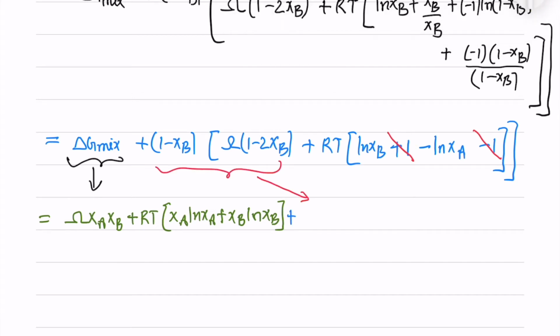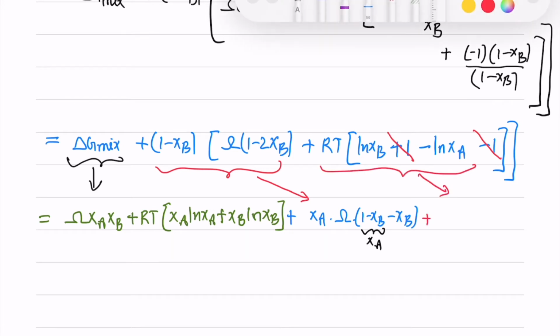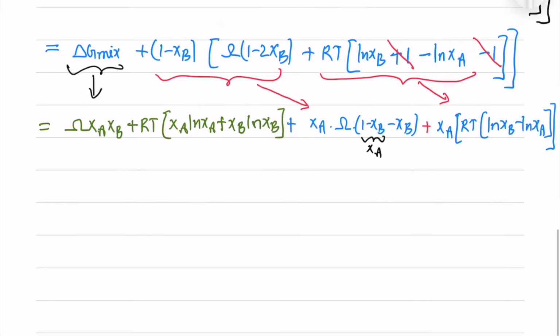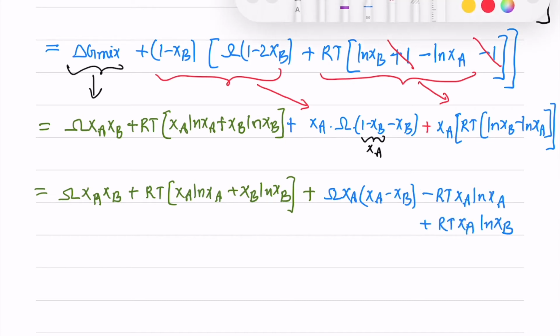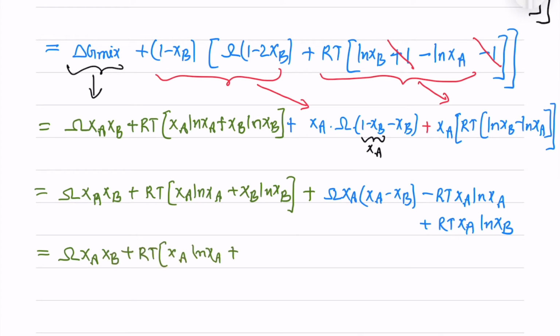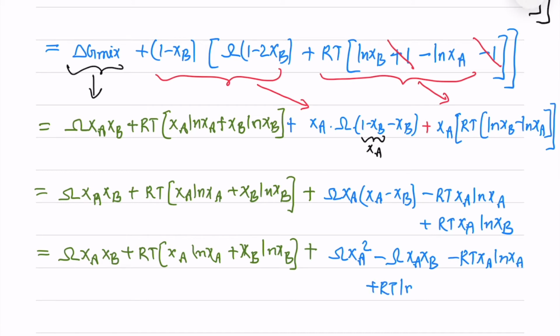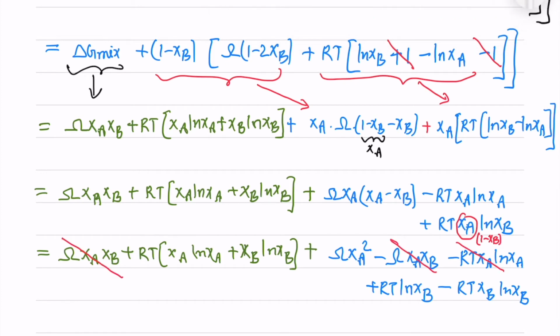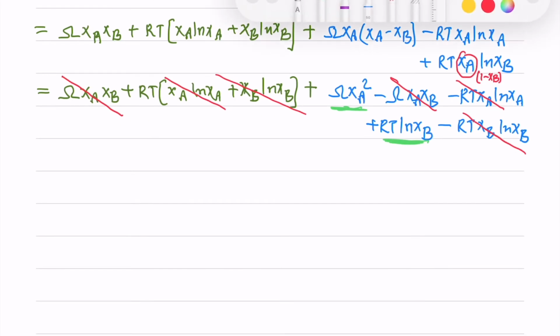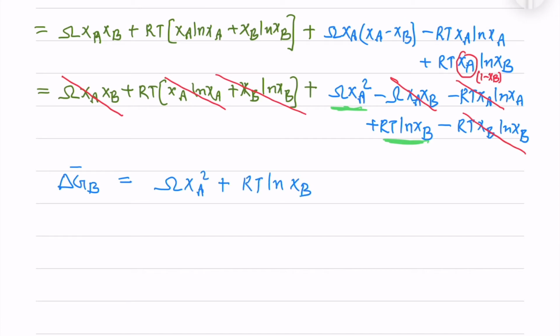And then we are going to expand the remaining terms. So we will expand omega xa square minus omega xa xb minus RT xa ln xa and xb ln xb. So we will cancel the negative and the positive terms and we are left with two terms which look of